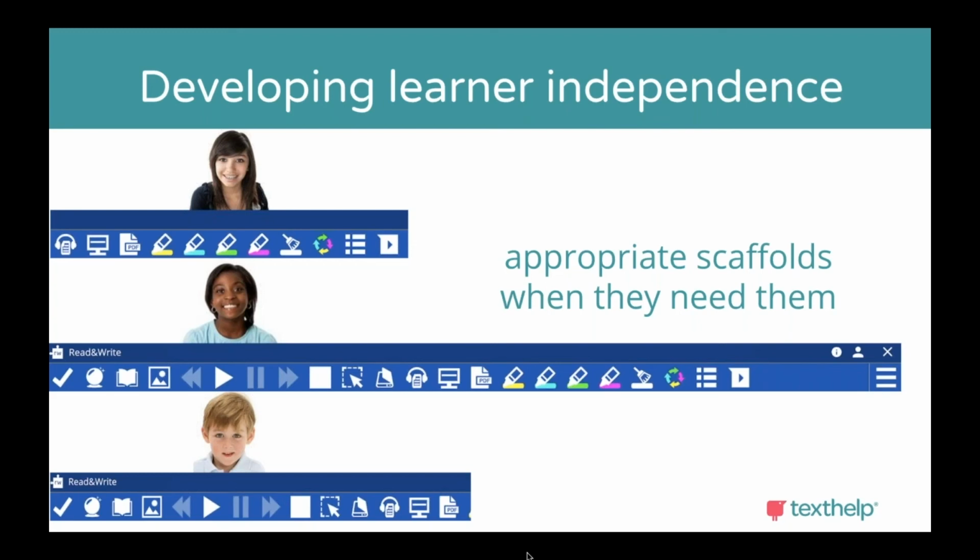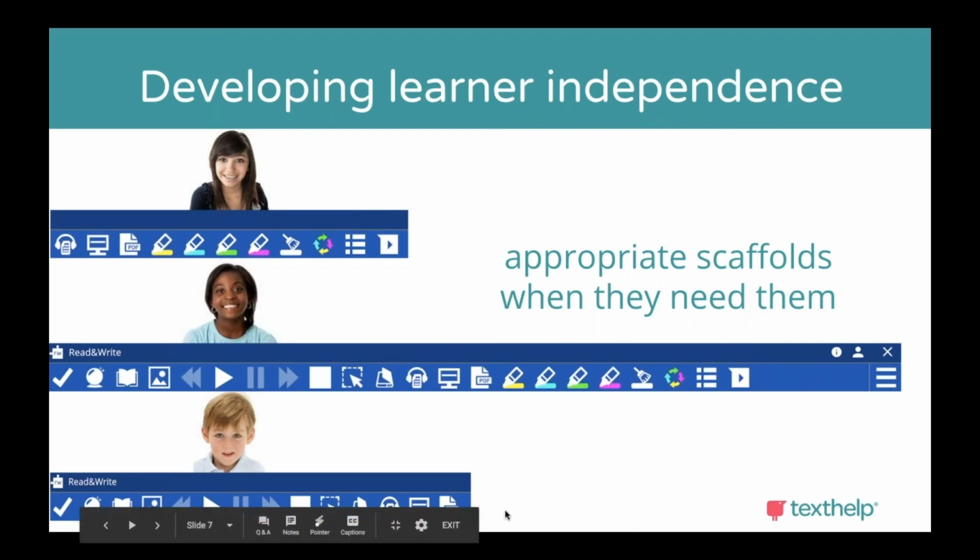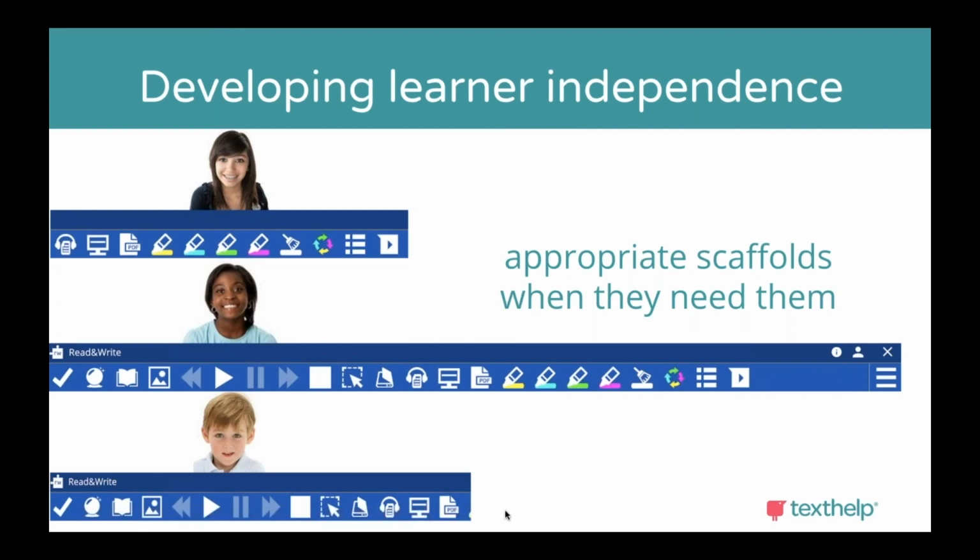And they're some of the funniest times that you will have, because they will show you things that you've never thought would be possible and make it quite entertaining. So that's one of the things. And one of the students that I worked with, who was in year 5, when we introduced her to the toolbar,